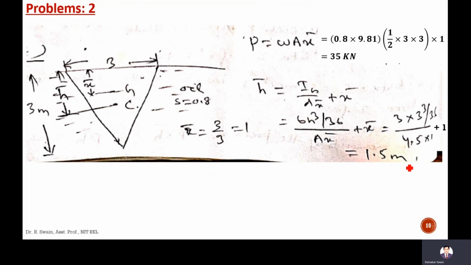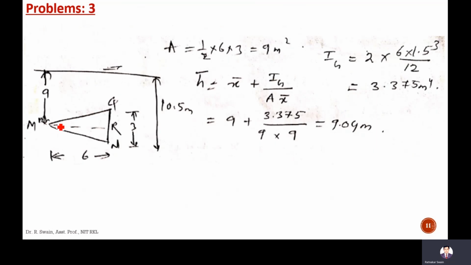Now coming to the next problem. Another triangle you see here, this is a vertical surface. Its dimension is given, height 6, this width is 3. But it's located 9 meter from this side and 10.5 meter from this corner. So here in this case, the area of the surface will be half into 6 into 3, that is 9